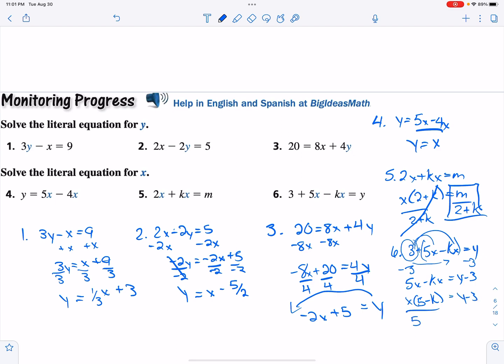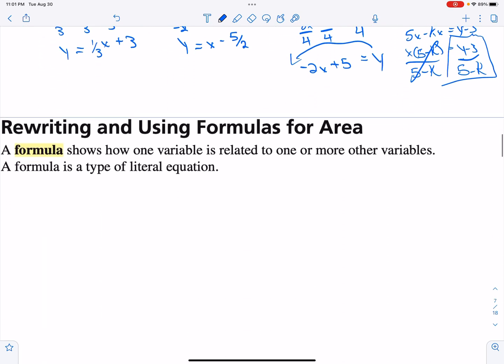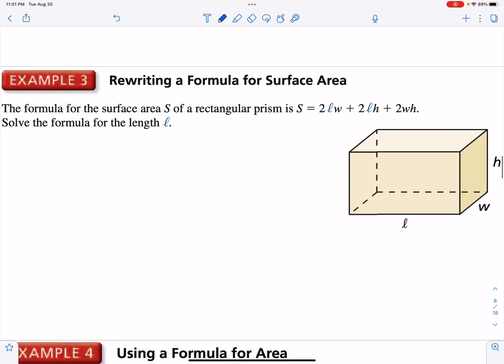And I divide by my 5 minus k. And I've officially isolated my variable. So my answer is y minus 3 over 5 minus k. Now, you can do this isolating a variable in anything. Understand that. Again, like I said, I'm not going to spend too much time on these because I'm only going to really ask you how to do example 1, one that you will see like example 2 on the test